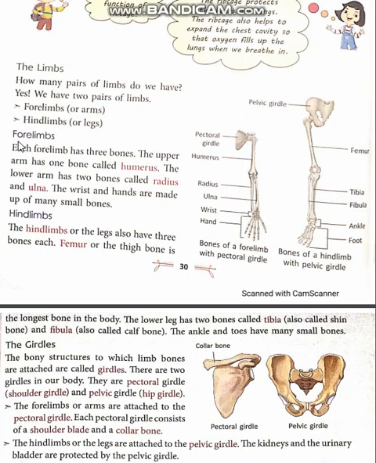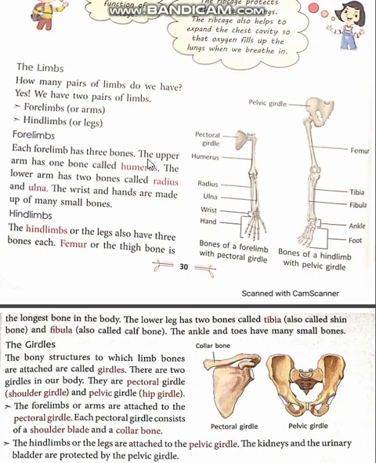Okay. So number 1 is the forelimb. I am talking about our arms. Each forelimb has 3 bones. Now this is the skeleton area of the forelimb. If you look at the forelimb, it has 3 bones. One is the upper, then 2 at the lower, and this is the joint and this is the joint. Now, the very first thing started here is the girdle. Girdle is the part of bone where limbs are attached.